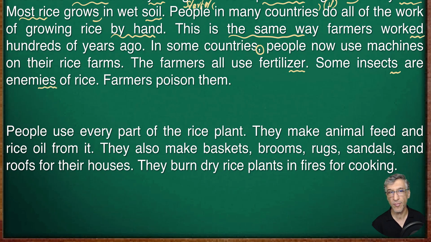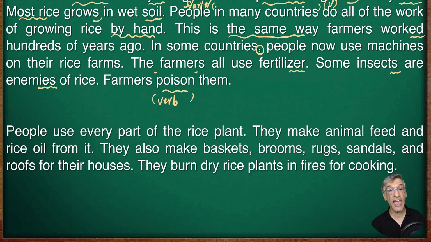Yeah, most of the time we kill the enemies. Farmers poison them. Yes, poison is a verb here. Do we have poison in another form? Do you remember the first sessions of the grammar? We talked about the word order. We also talked about the parts of speech. Yeah, poison has got another part of speech. Here it is a verb. Would you look it up in the dictionary and try to see what forms of the word we can use in another sentence? That's great. And give me comments.